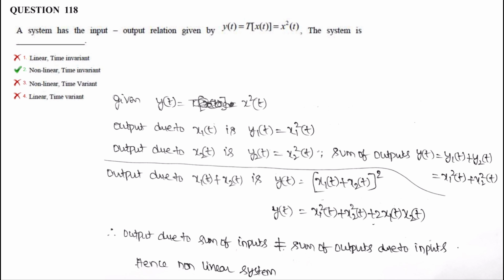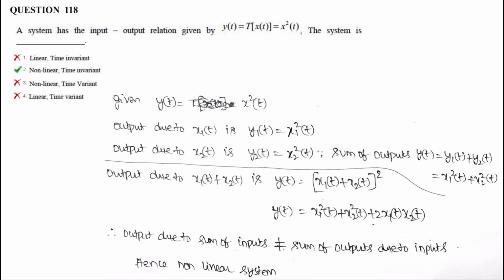Next question. A system has input output relation given by y of t is equal to t into x of t, that is x square of t. Then the system is, so given y of t is x square of t. Output due to input x1 of t, that is y1 of t, is equal to x1 square of t, y2 of t is equal to x2 square of t. The sum of outputs is y of t is equal to y1 of t plus y2 of t,